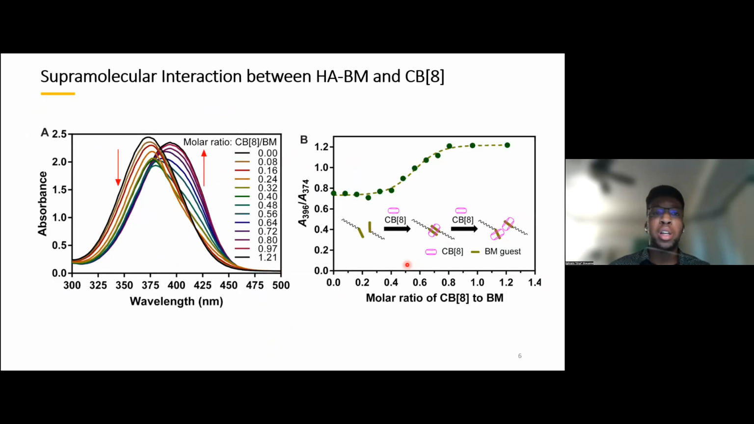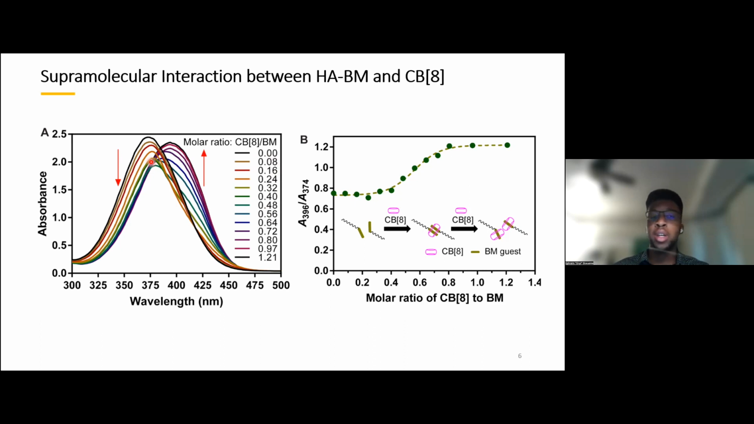Here I'll go into the supramolecular interaction between HABM and CB8. Here you can see the absorbance spectra of the HABM in the presence of various molar ratios of CB8. As you can see, the maximum absorbance wavelength switched from 374 nanometers to 396 nanometers as the ratio was increased all the way to 1.21. However, the decrease in absorbance when the ratio was increased to 0.48 right here suggests a complete